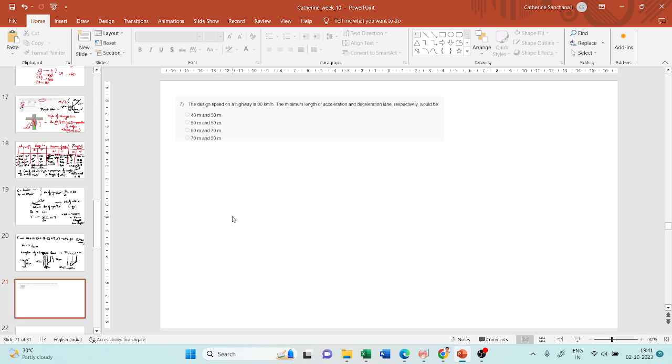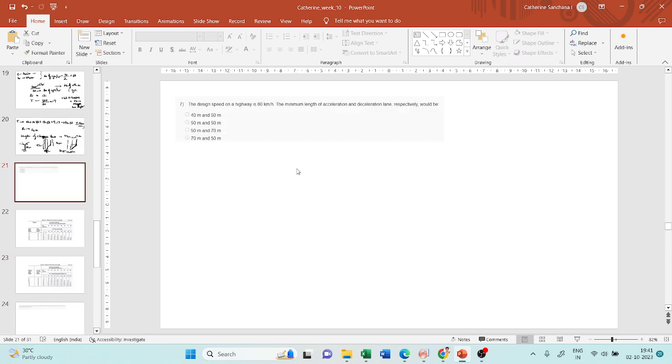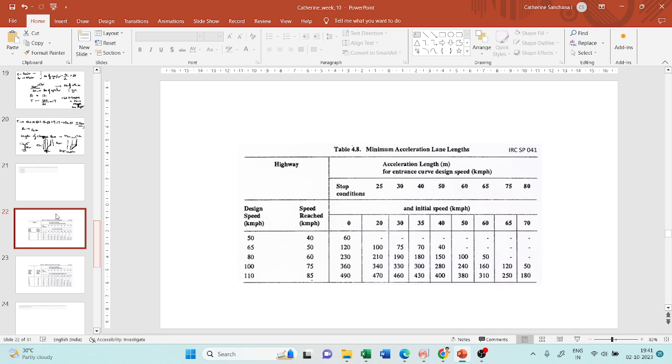Okay, so moving on to the next problem. The design speed on highway is 80 kilometers per hour. The minimum length of acceleration and deceleration respectively would be what? We already saw what acceleration and deceleration lanes are. So they have also given you a table to help you decide the minimum acceleration lane